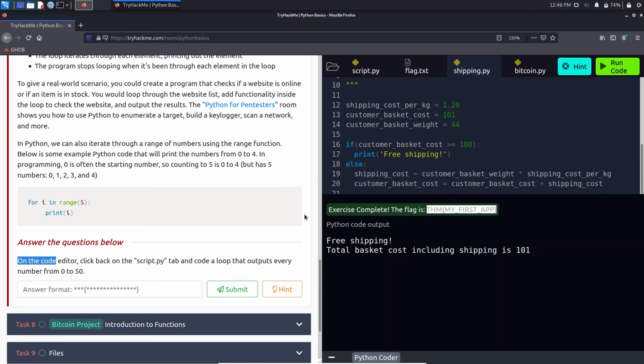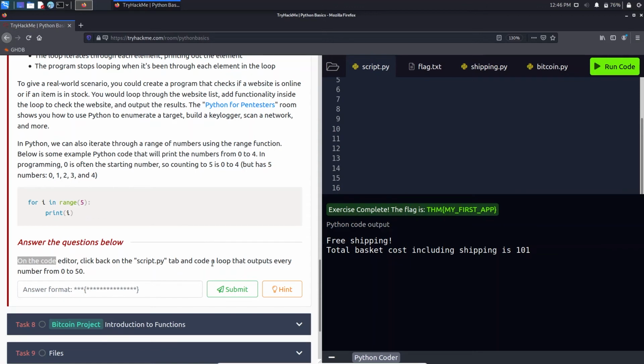On the code editor, click back on script.py. We did that, and code a loop that outputs every number from 0 to 50. From 0 to 50 we will use a for loop. So that means for I in range, we'll keep the range 51 because we need to print till 50.